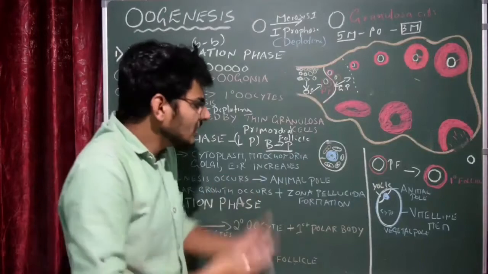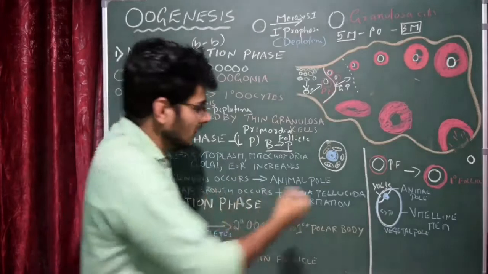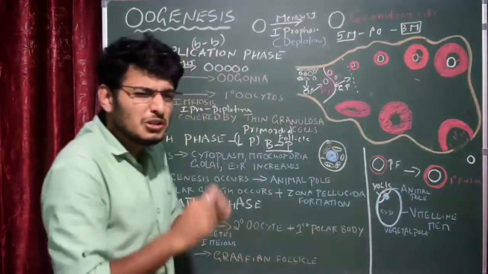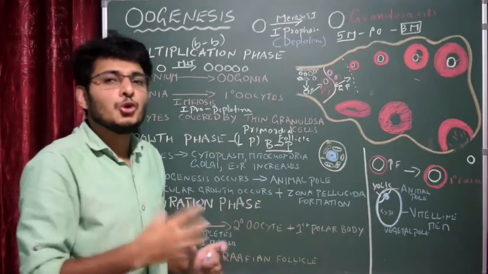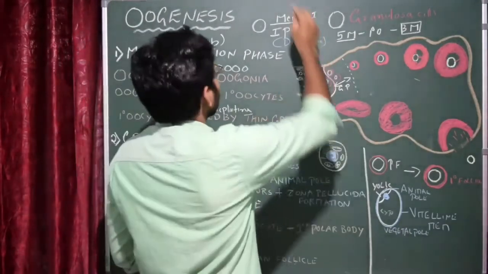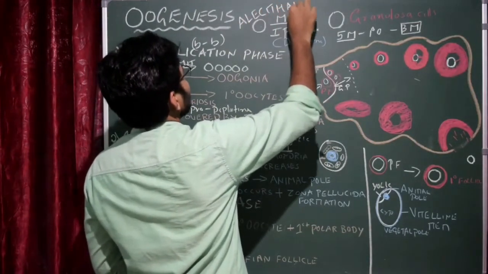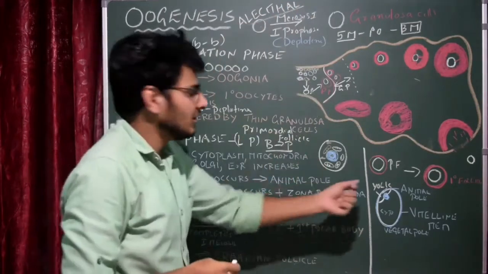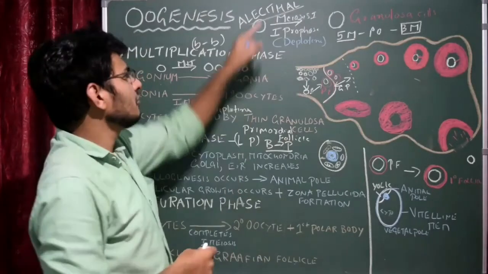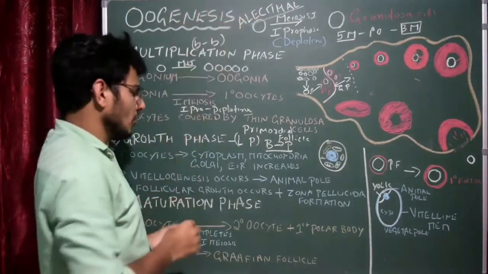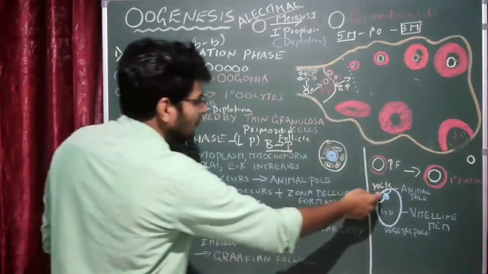Yolk means only the cytoplasm transforms itself into what we call nutritive fluid for the future. So this yolk will be formed, but the yolk formation from the cytoplasm is very, very little. Hence we call the human egg alecithal. Alecithal means very small quantity of yolk. The human egg is alecithal, or it is also called microlecithal, but precisely we call it alecithal. Just remember it. You may get a question like that: the human egg is alecithal. That's it, because yolk formation is very little.